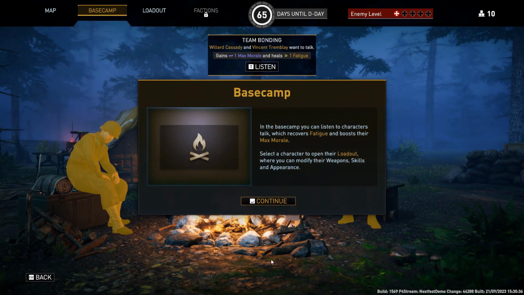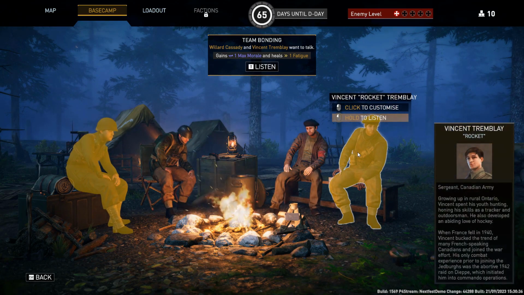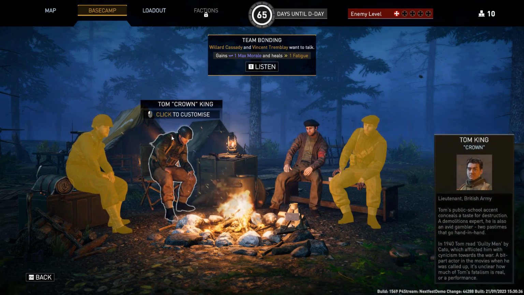Willard Cassidy and Vincent Tremblay want to talk. Gains +1 max morale and heals 1 fatigue. In the base camp, you can listen to characters talk, which recovers fatigue and boosts their max morale. Set a character to open their loadout, where you can modify their weapons, skills, and appearance. Let's listen to